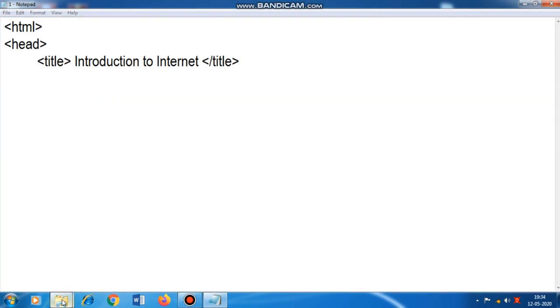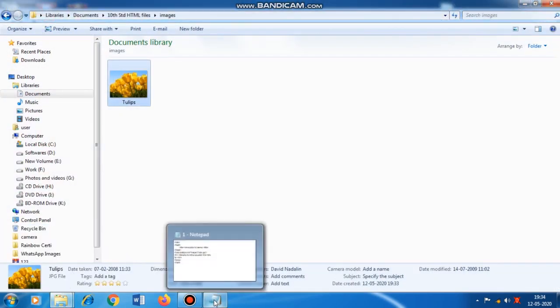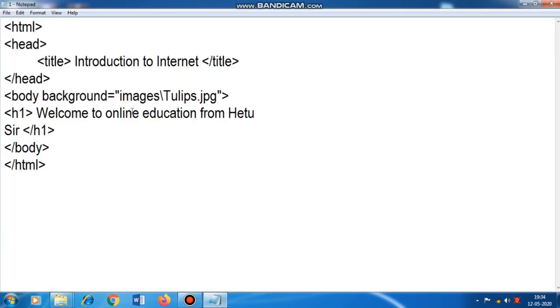Now if the image is lying in some other folder, then you have to type that address. Just now it is lying inside our home folder, in the subfolder named images, so I have typed it this way.